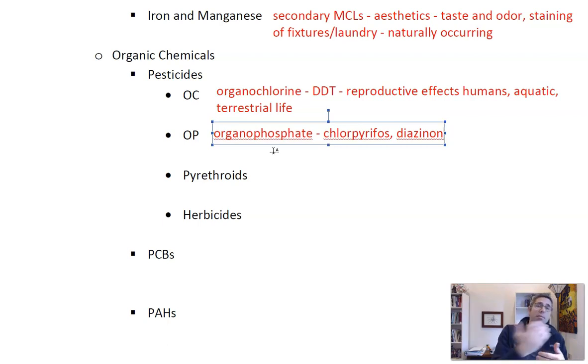So way back when, if you wanted to buy some pesticide at Home Depot, you bought it and looked at the active ingredient, it would have been an organochlorine pesticide, like DDT. Then when those started getting phased out, if you would have bought one 30 years ago, it would have had an organophosphate pesticide in it, like chlorpyrifos or diazinon, like in your bottle of Raid that you would spray the bees with or whatever. But then we determined that these can have